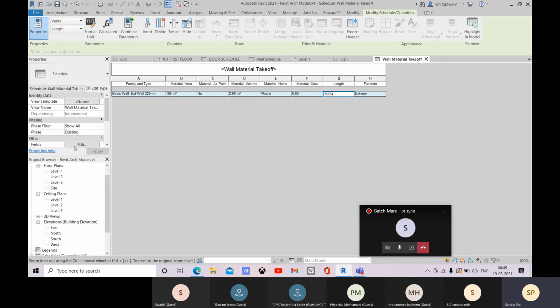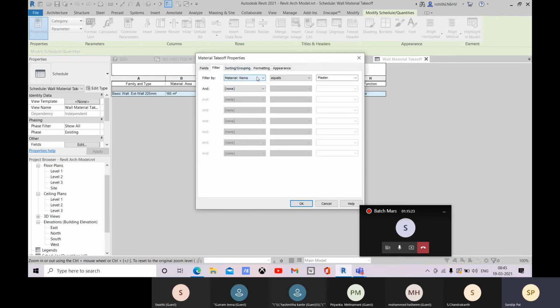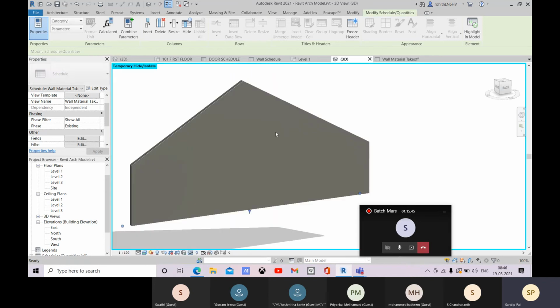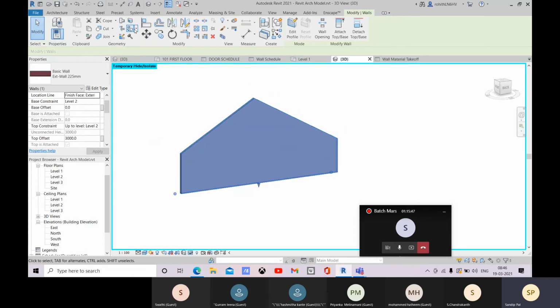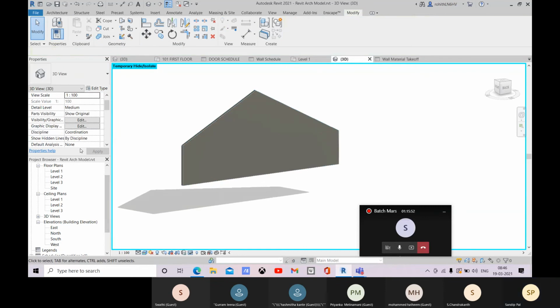Okay, no problem. Let me come to this filter option, and the material, let me do it none. Click on OK, and here you can see that this exterior paint is applied. Okay, so that you have applied, and the material as paint, that is for when you apply on the exterior side this way, so that there you will have it.